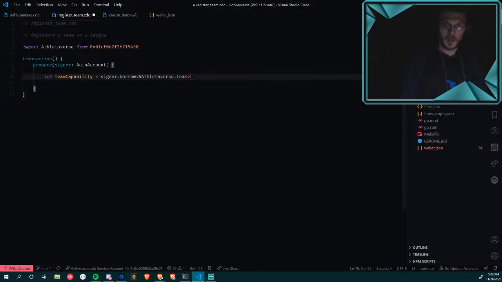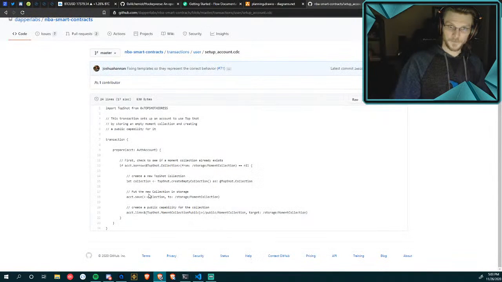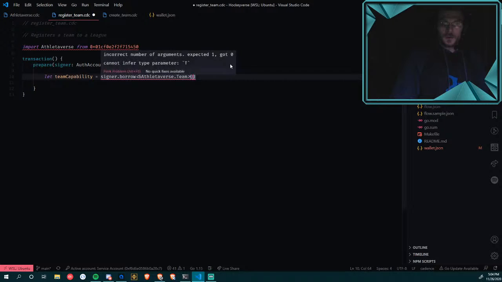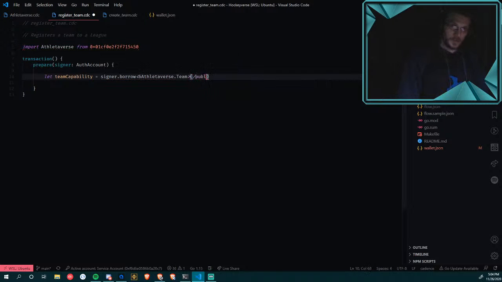This probably will have an interface on it, so I probably would have something different in here, like curly braces with something in there, but for now we're just gonna do it this way. And then borrow that from the public.